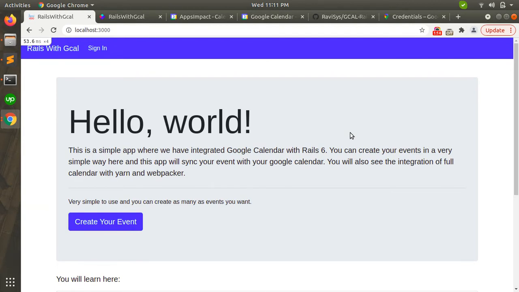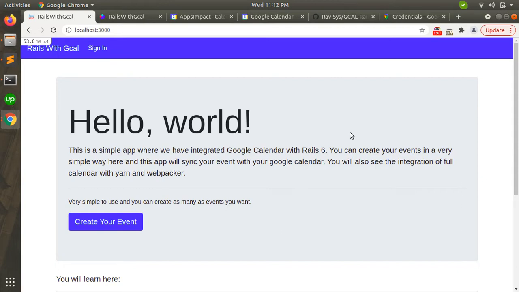But before moving forward, I just wanted to clear one thing: I will not show you how to do this from scratch by writing code, controller and module files, models and all that. But I will show you a complete walkthrough of the code base that I have developed and the demo of the application, and I will also share the code base repository in the description of the video.